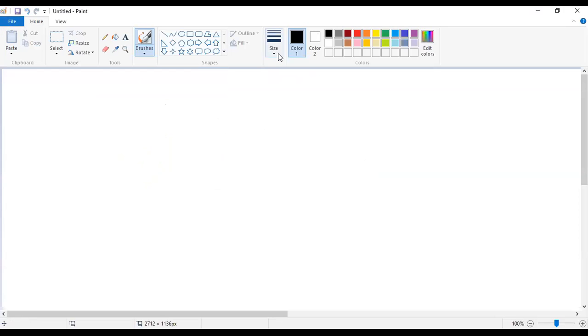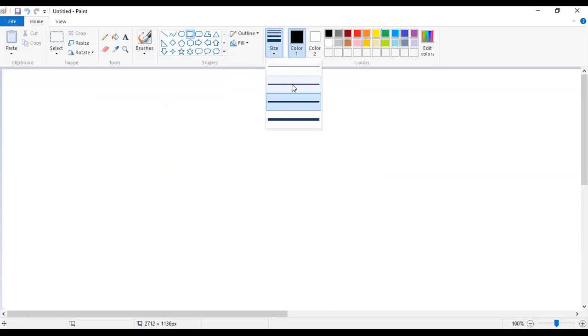Okay, and from here we can select the line size. Like if you want to select any shape from this box, like triangle, rectangle, square, any diamond shape, the size of the line is selected from here.